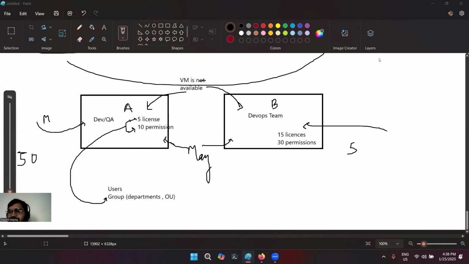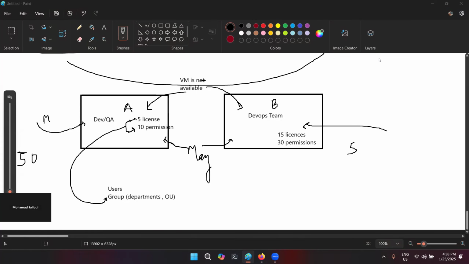Yes or no, guys? Can you repeat the question, Mike? Yeah, so I have two groups. In group A, we are saying VM access is denied. And in group B, we are saying VM access is available. Now Mayank is added to both of the groups. As I told you earlier, a user can be added into n number of groups. So now, is Mayank able to access a VM or not? Yes, he should be able to access it because he's a part of group B as well.